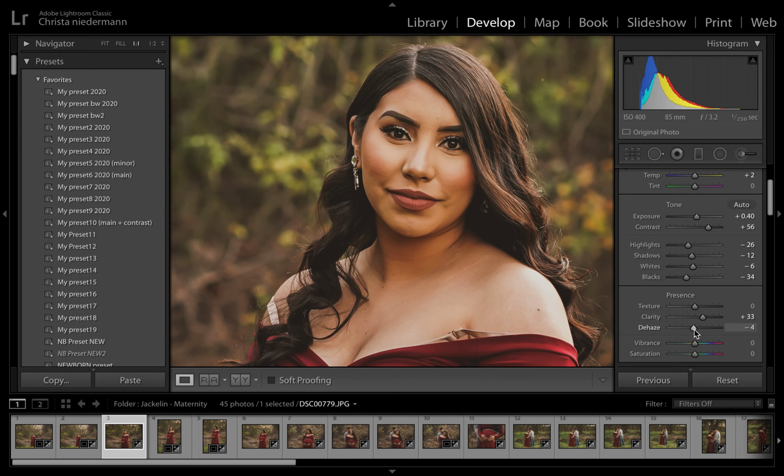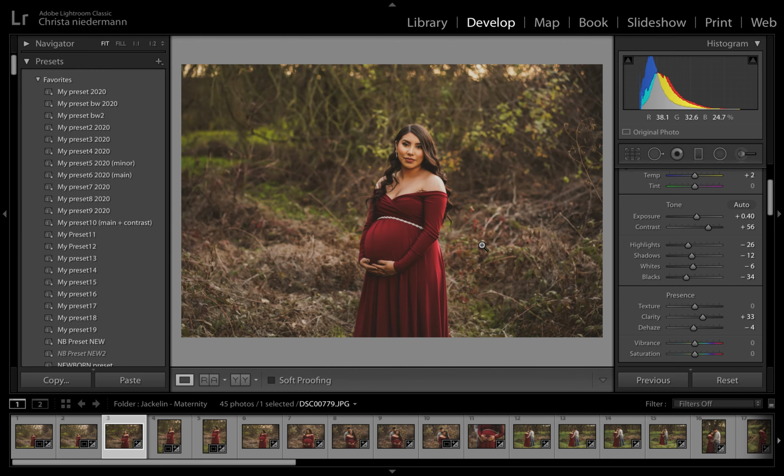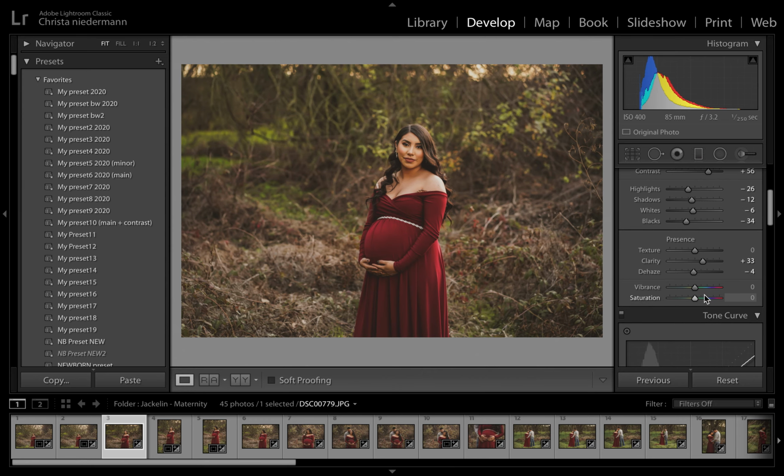Dehaze, I know that I told a lot of you that I haze or add haze. I only add a little bit here. It's mainly in my Photoshop that I do more, but this is where you can add haze. I'm very minimal here. And then vibrance, I don't really mess with those unless it needs to be